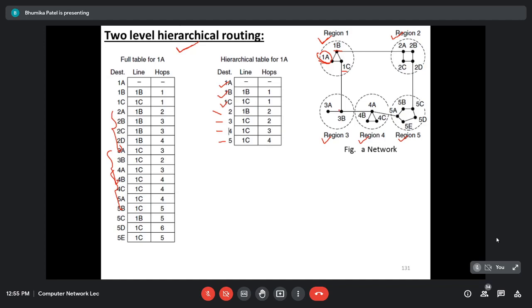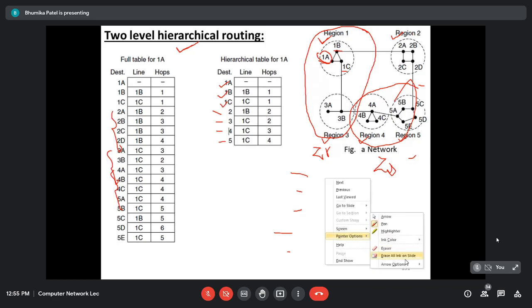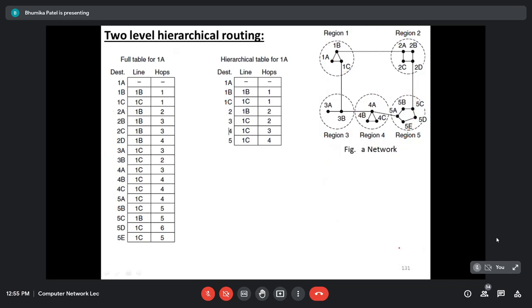For example, if the network grows even more, then what we are going to do is combine the regions into zones. When the network is getting large, we are going to make it zone 1. Then these two regions will be combined, it will be zone 2. So for all routers inside zone 1 there will be individual entries, but for the other zones we are going to have a single entry. So hierarchical routing is just for saving routing table space.